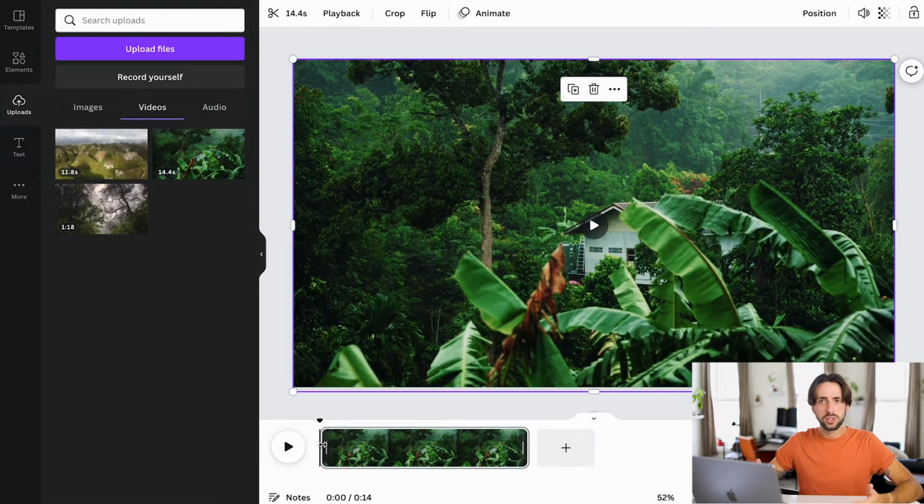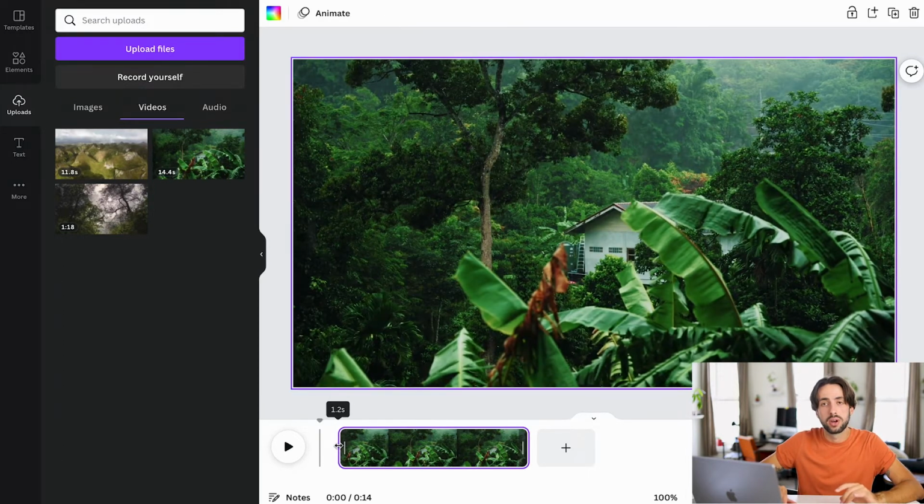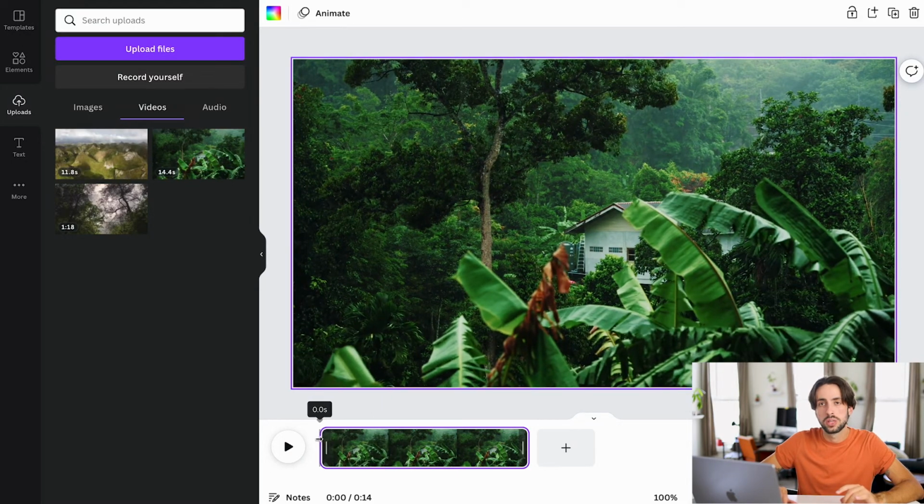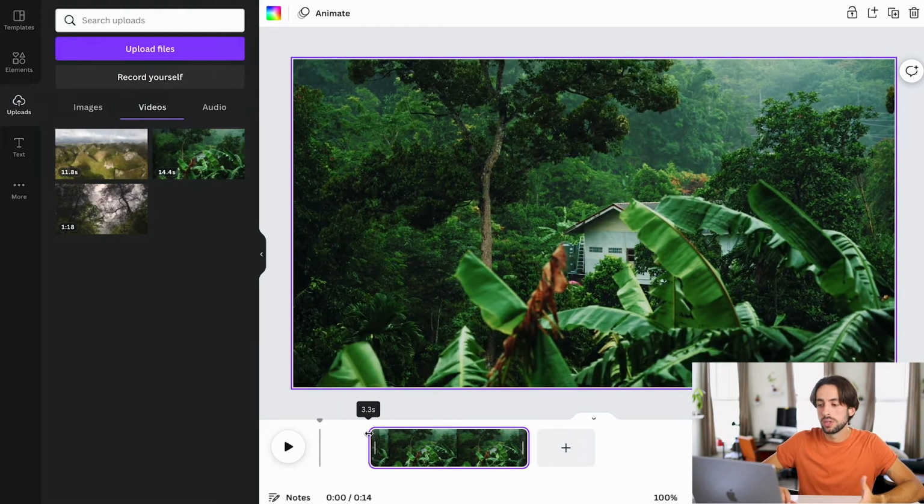So there's a few ways that you can go about it. One is, if you don't like the intro, you can just go down here to the clip and see where your cursor turns into 2 opposite pointing arrows, and you can just click and drag, and you can drag that over as far as you want to eliminate the beginning of the video, and you can do the same thing at the end of the video.